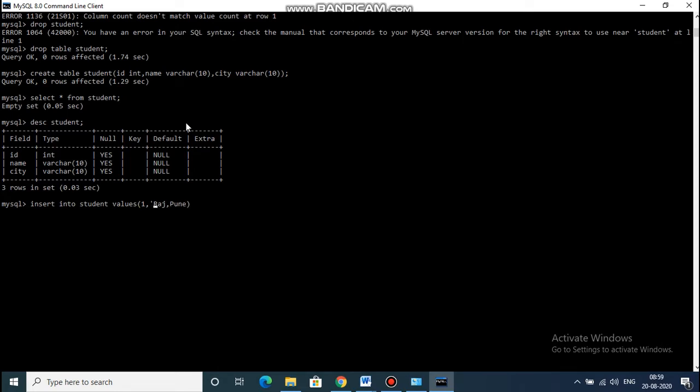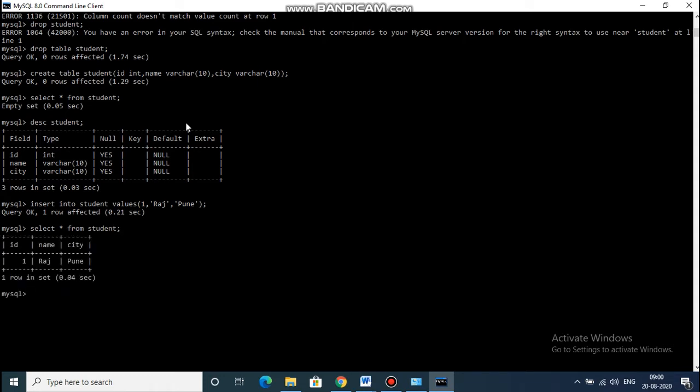For strings I will provide quotes, otherwise it will give an error. Okay, so data is inserted. To see the data, select statement, select star from student. So this is the data you can see inside the table.